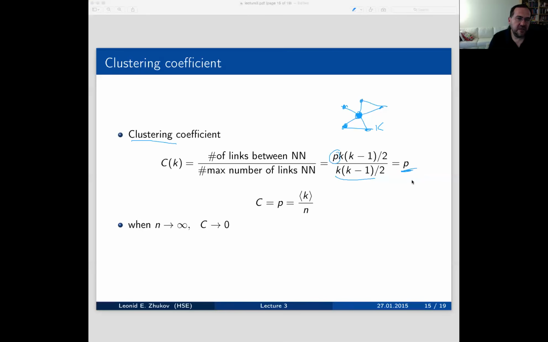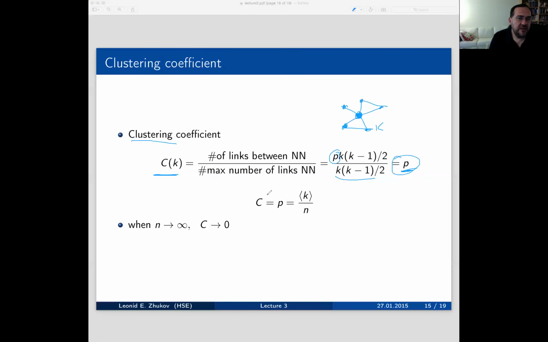And it also makes sense simply because what we're saying is that the probability of connection of every node is independent from the connection between other nodes. Then the clustering coefficient, which is the probability that two of your friends know each other, is actually just equal to p itself, the probability that two randomly selected nodes are connected. Well, it's good and bad. It's good because it's very easy to compute.